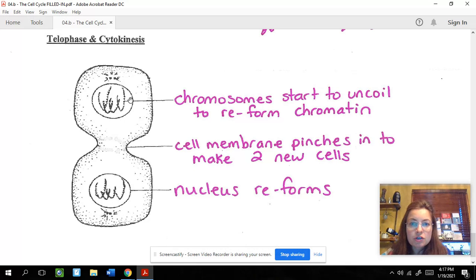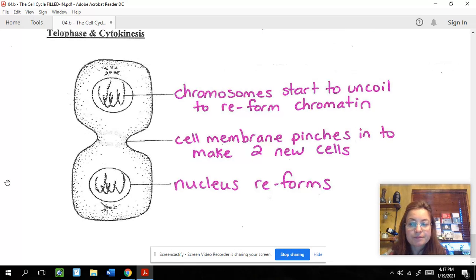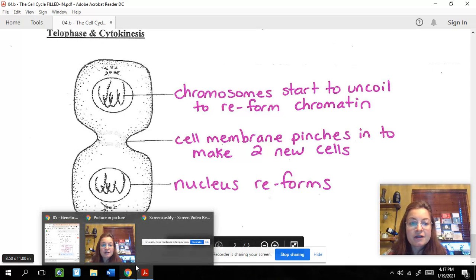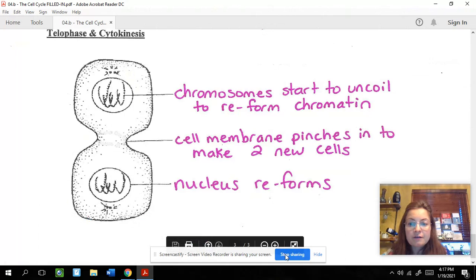The chromosomes start to uncoil and turn back into chromatin. The cell membrane pinches, and this will ultimately separate the two nuclei into two separate cells. The nuclear membrane reforms, and there we have it. We have two brand new cells. And that is the end of our lesson on